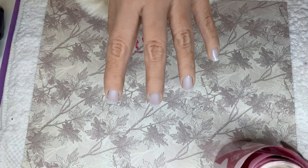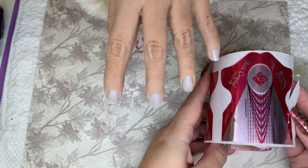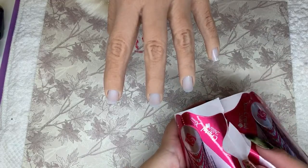I'm at work, guys, so obviously please excuse any noise in the background. So the forms that I'm going to use are the crystal nails ones. These are my favourite forms at the minute because, let me just,